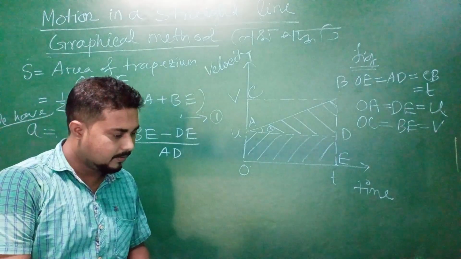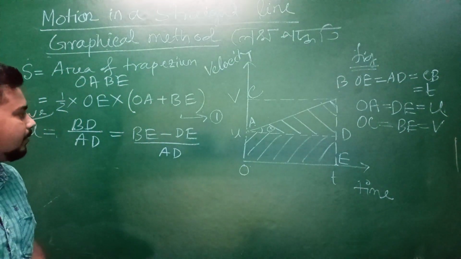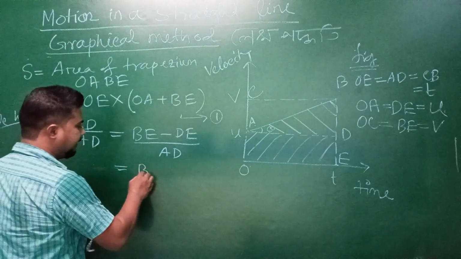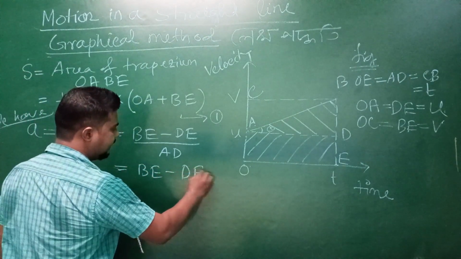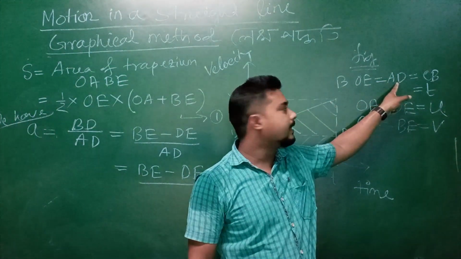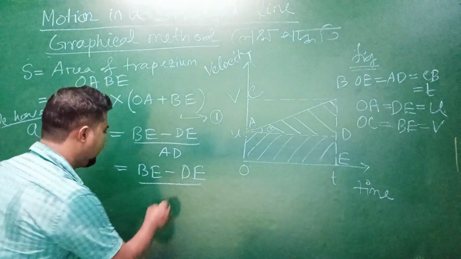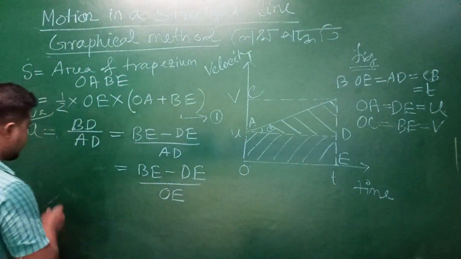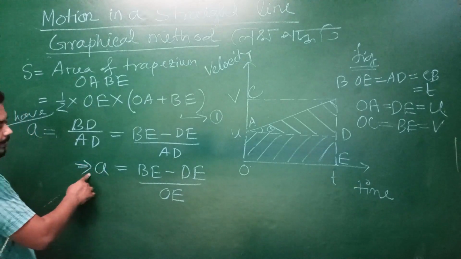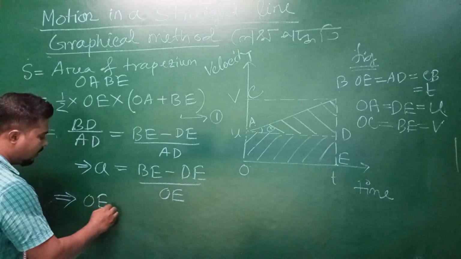Now if we find OE, OE is equal to DE. Now BE minus DE by AD, we can also write AD is equal to OE. So small a is equal to BE minus DE by OE. Then if I find OE, OE will be equal to